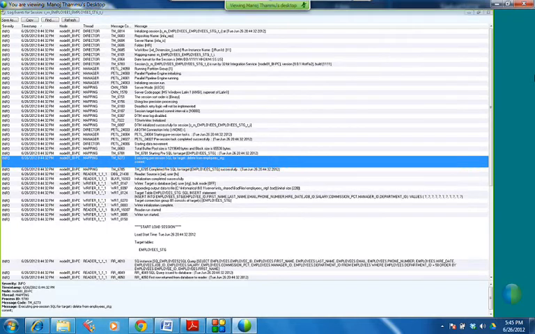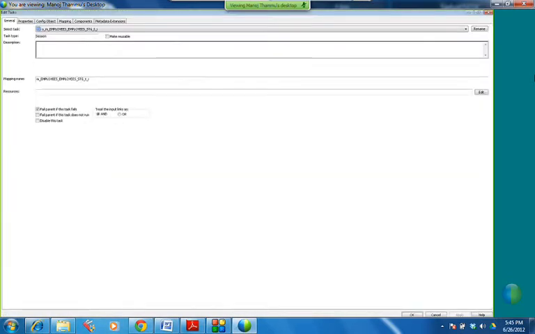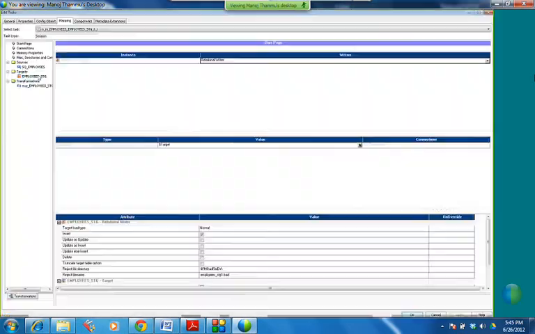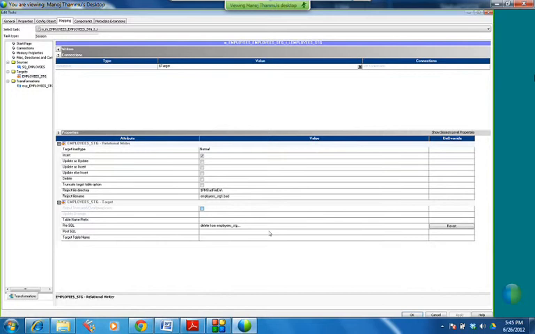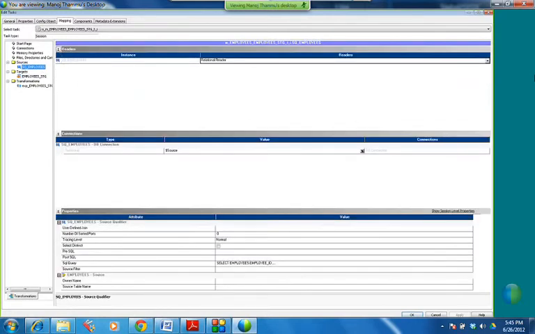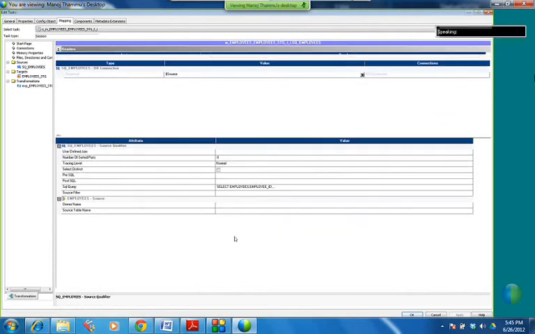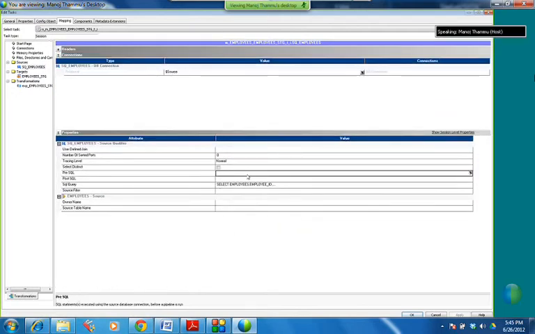Okay. So what does the target pre-SQL do? Target pre-SQL performs the operation, whatever we write in the SQL, before the data loads to the target. What does the source pre-SQL perform? Source pre-SQL performs the operations on the source table before the data is read from the source.